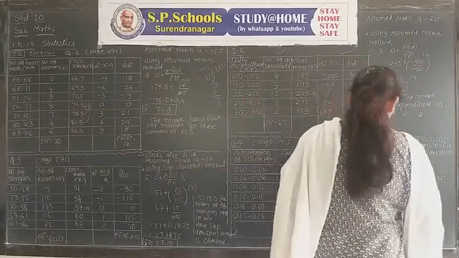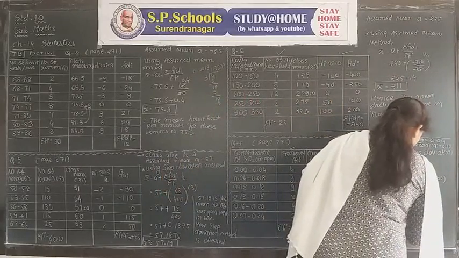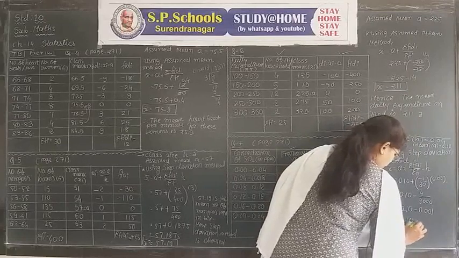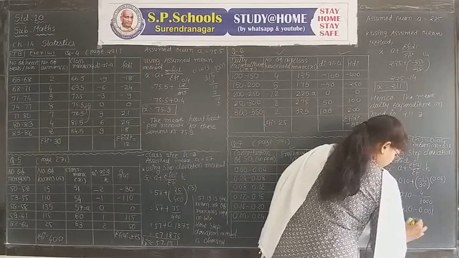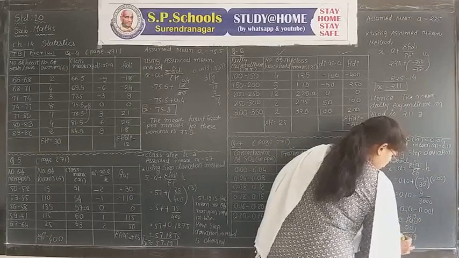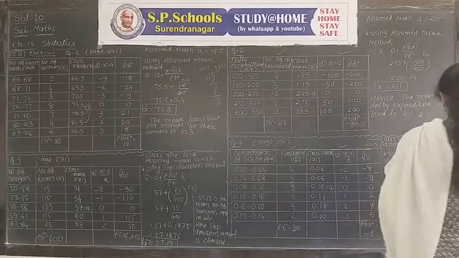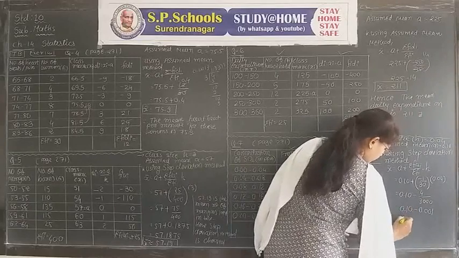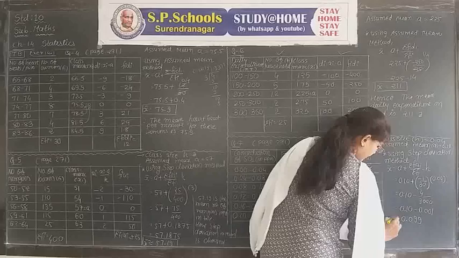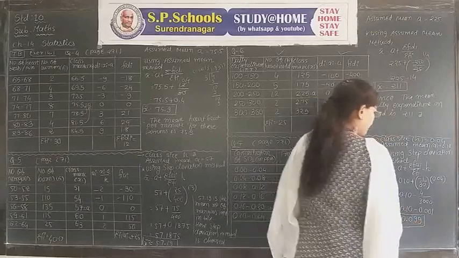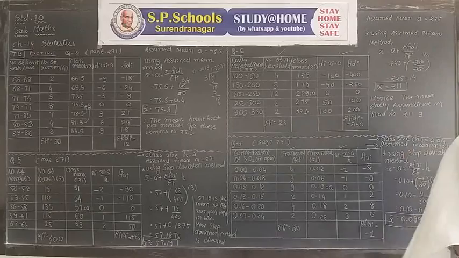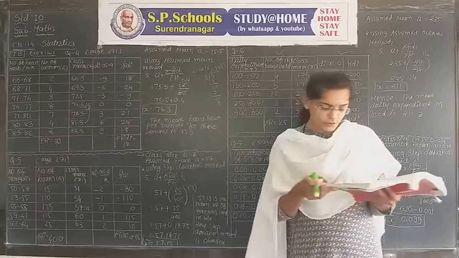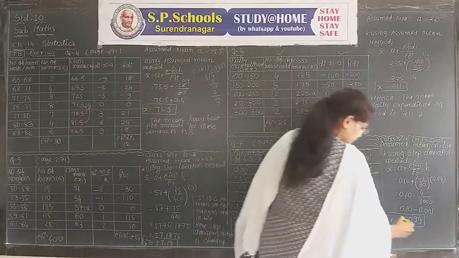So 0.10 minus our answer 0.0013, meaning 0.001. 0.10 minus 0.001 gives 0.099, which is our answer, x bar equals 0.099. Hence, now we read the question again and write the answer in a sentence. The mean concentration of SO2 in air is 0.099.